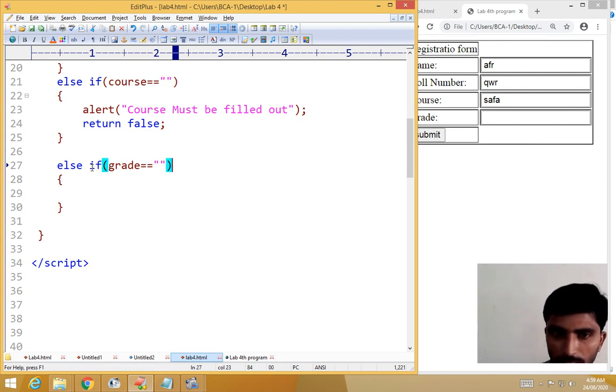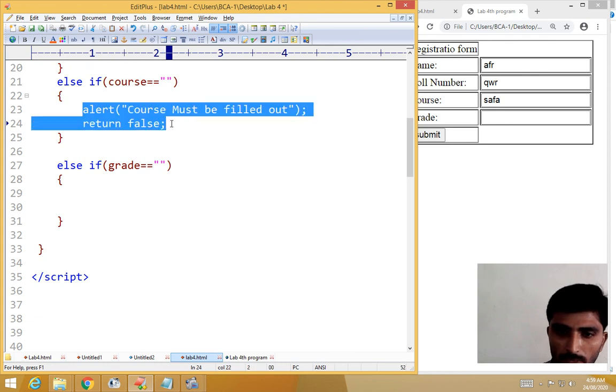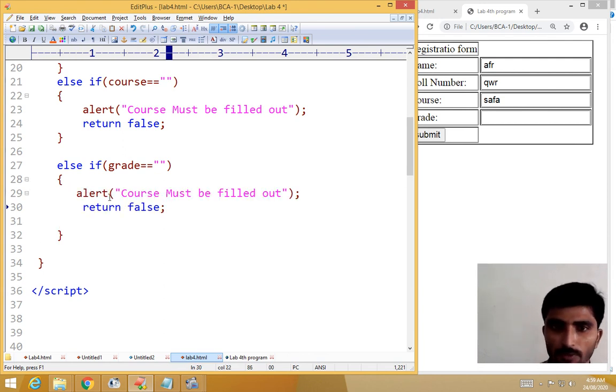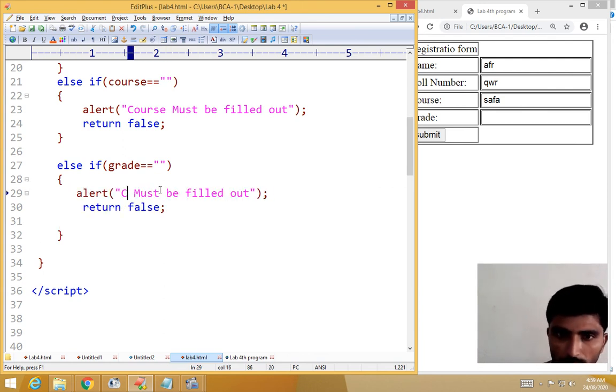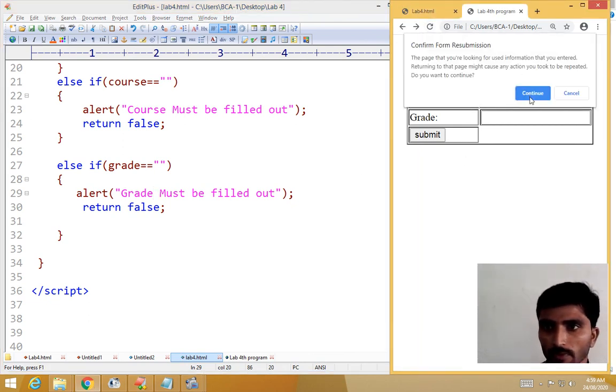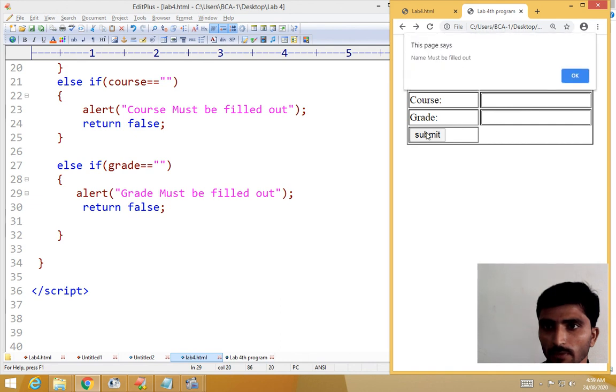If it is empty, that gives another message: grade must be filled out. Save.